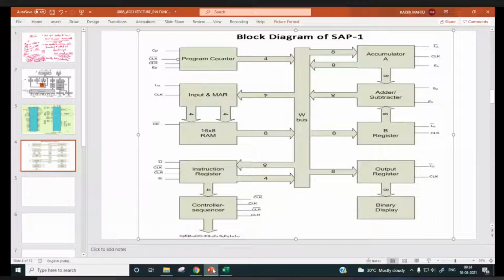Now the question is clear. Which are the 2 control signals that have to be active? Clock, na?